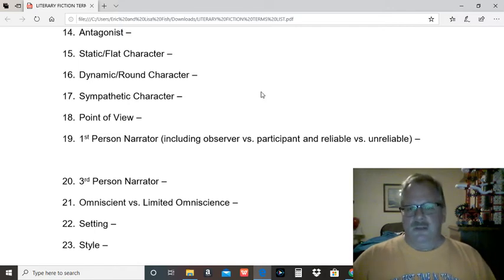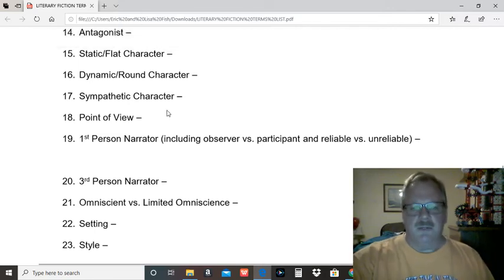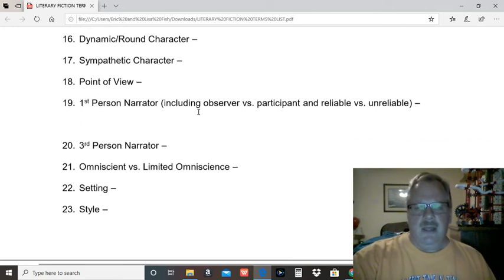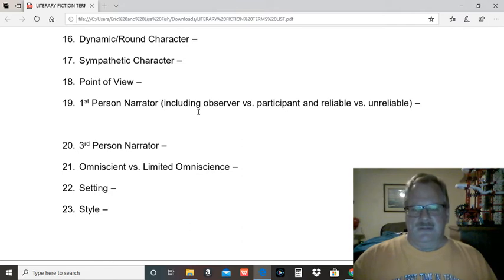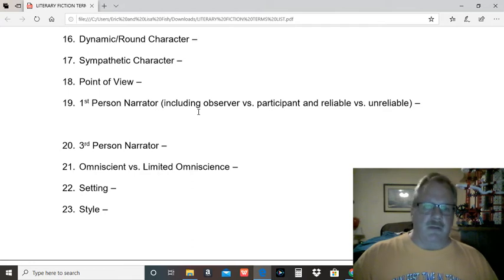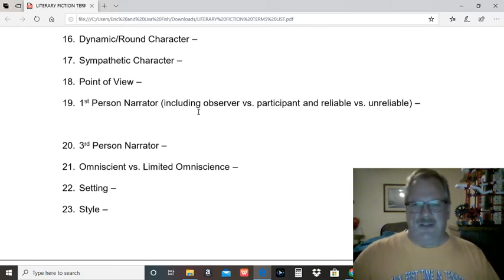Point of view, who's telling the story? First person narrator, I. You get that with Jesus Shaves. The narrator's trying to tell a story about himself and what's going on in this classroom and things like that. Sometimes the first person narrator may not be reliable. If you've ever read a Poe short story like The Cask of Amontillado, the narrator is insane. He's literally telling you the story of how he lured a guy into the catacombs and walled him up there and buried him alive, basically.